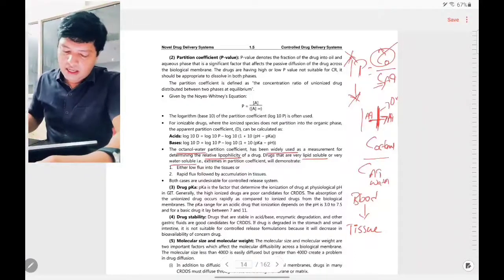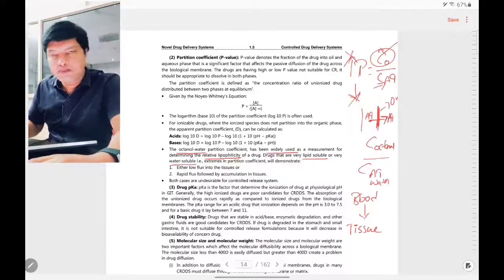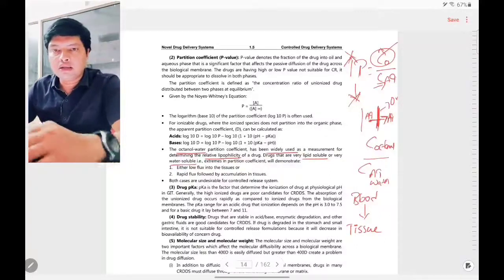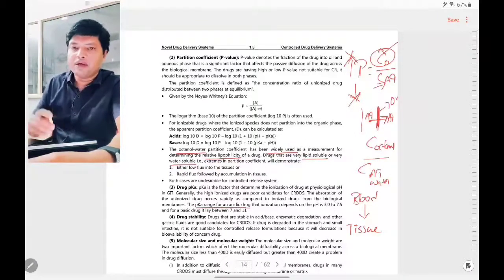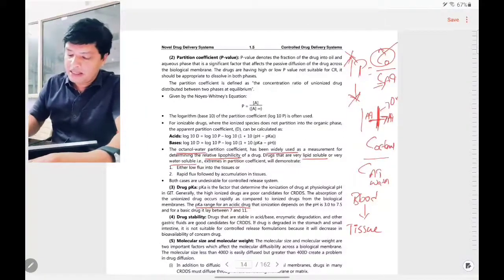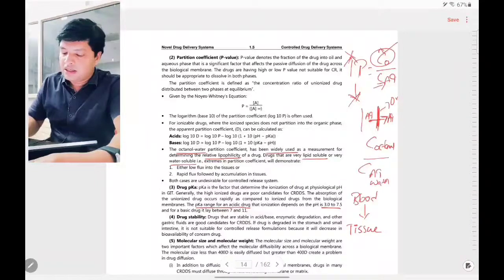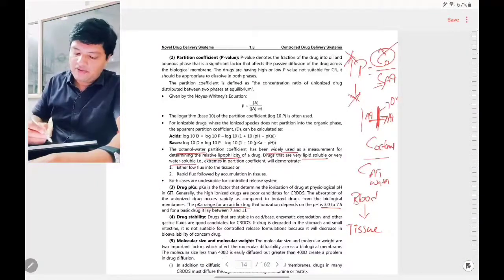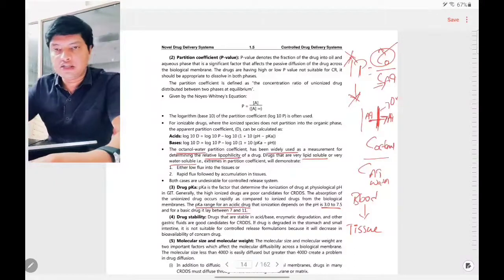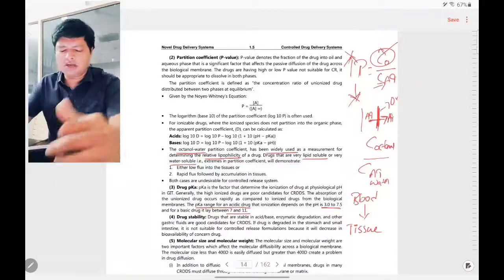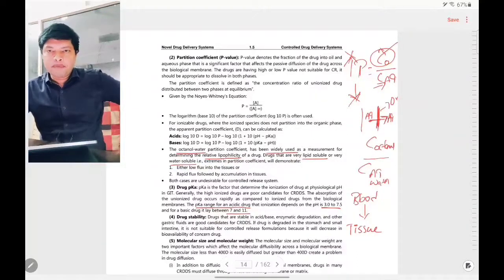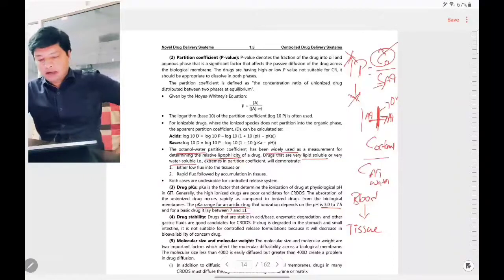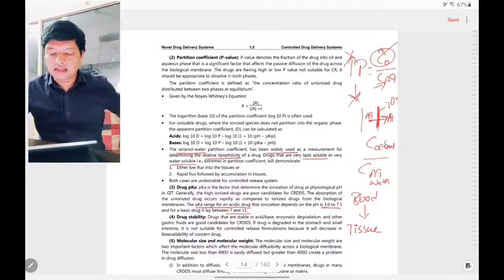Okay, next is drug pK. So pK and pH play an interrelation with the solubility of the drug. For that you can see the range here. For an acidic drug, if the drug is to solubilize more, the pK range should be 3.3 to 7.5, and for a basic drug 7 to 11. If this is the range, then the drug will be solubilizing more. Just remember, pK and pH will play an important role. Wherever there is a solubility issue, if the drug is not solubilizing at any particular pH, then we are not recommending the drug as a sustained drug delivery.